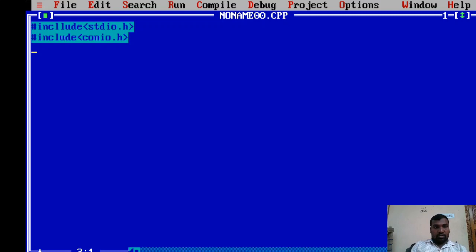Now I'm writing the main function, void main. This can be done any way, you can write any kind of thing.